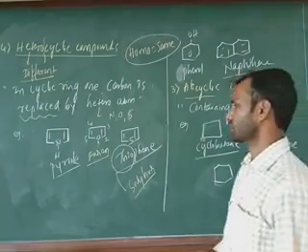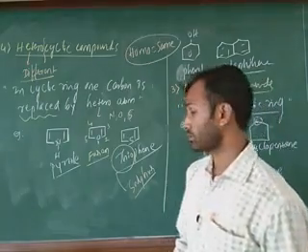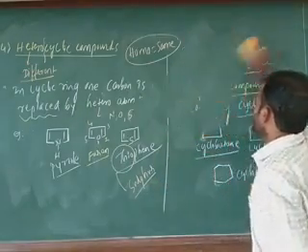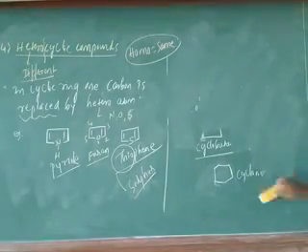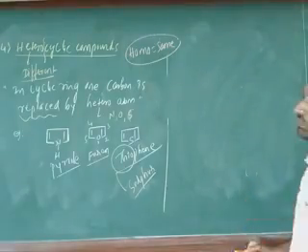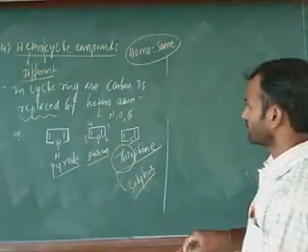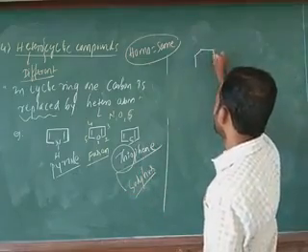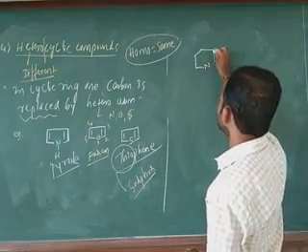Next examples are pyridine and pyrimidine. Pyridine is a 6-membered ring. Pyrimidine is also 6-membered. These three are 5-membered. Next example for these heterocyclic compounds is pyridine. Here nitrogen is there.